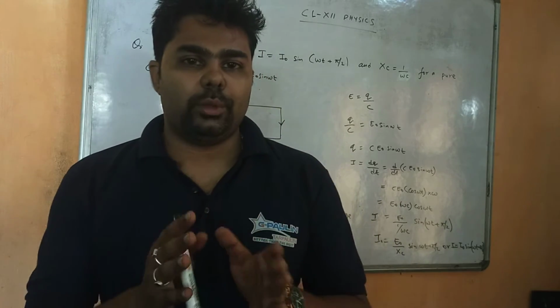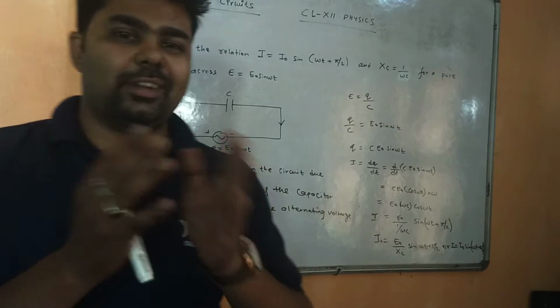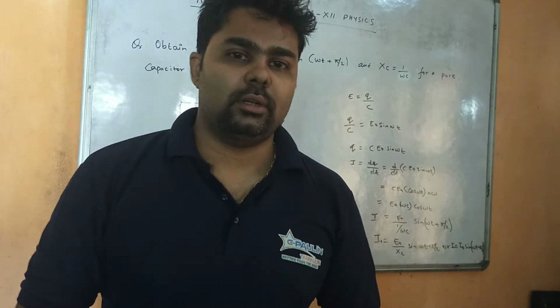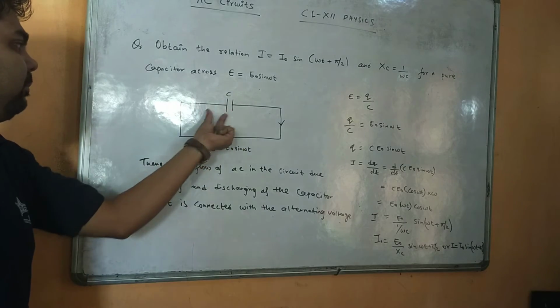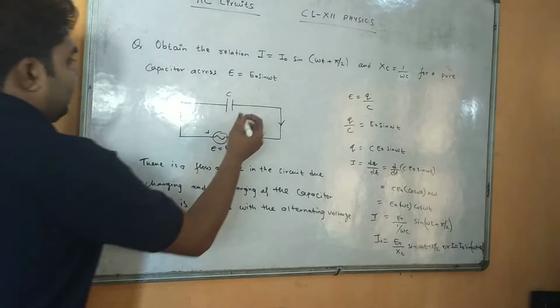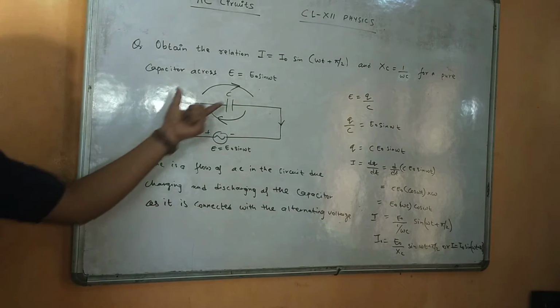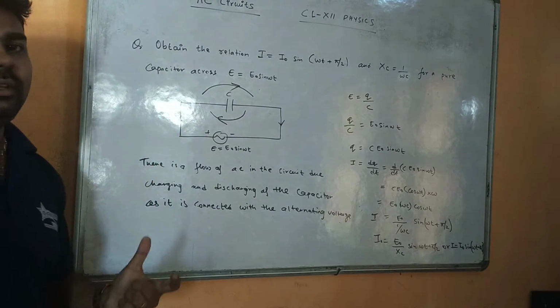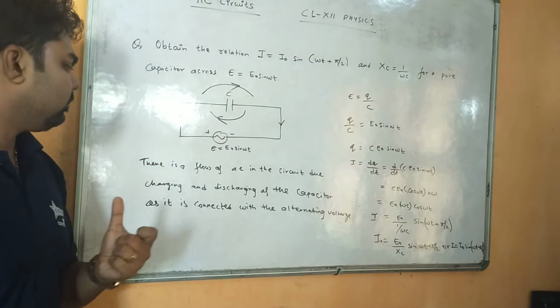Right? So we say that that's why the magnitude and direction is changing. So sometimes the capacitor gets charged, sometimes this capacitor gets discharged. So this positive plate and negative plate, it has been seen, sometimes it gets charged and discharged, right? So due to this discharging and charging, a current is maintained in this capacitor.